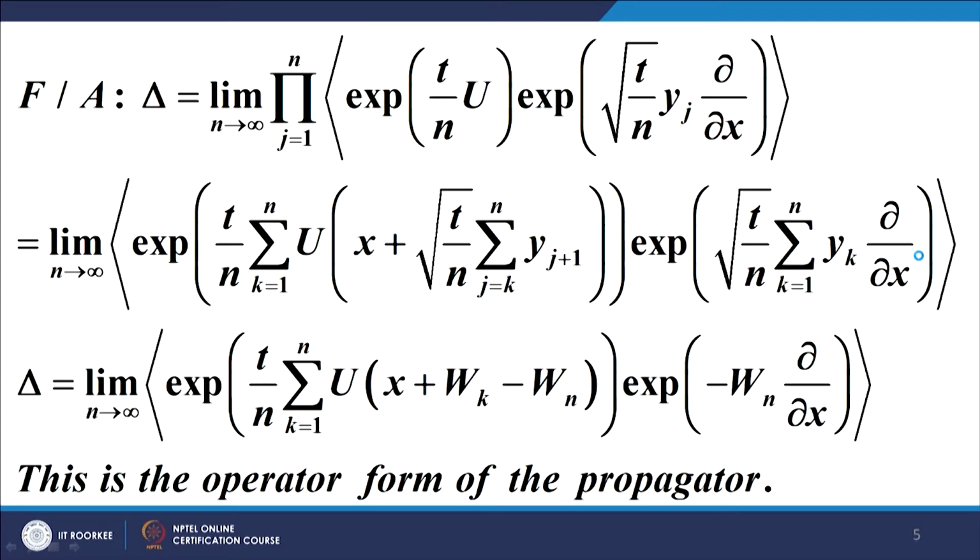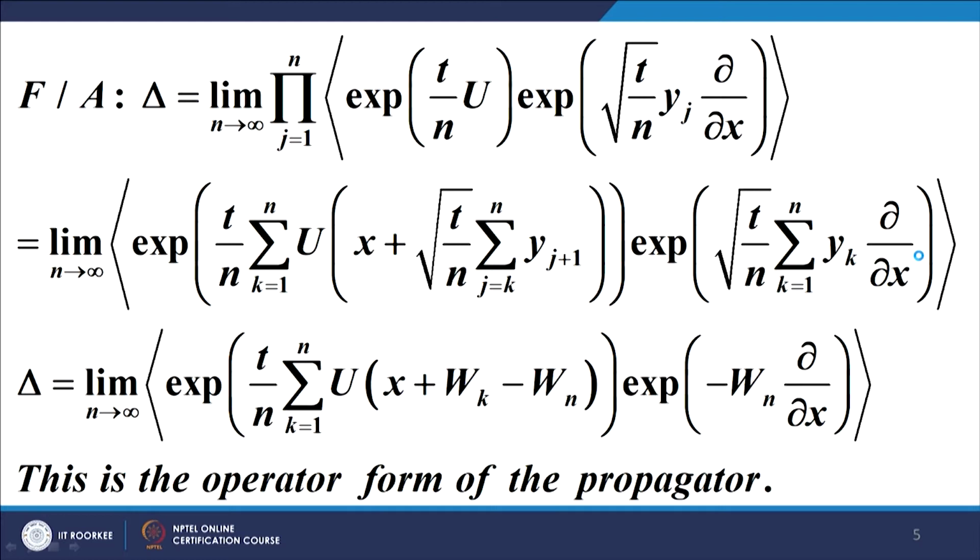So, what do we have? We started with this first expression for delta, we simplified it by the translation generator property, and we got all the derivatives to the right and all the other terms to the left. Then we introduced the concept of Brownian motion to represent the sum of the yj's, which simplifies the terms within the summation, and we write them as Brownian motions.